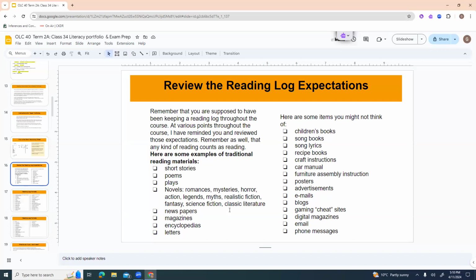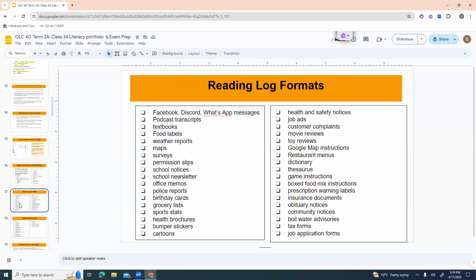Some other things that you might not think of are things like children's books, song lyrics. Some people, for example, you're reading hymn books at church. That totally counts. Recipe books, craft instructions, car manuals, furniture assembly instructions, posters, advertisements, emails, blogs, gaming cheat sites, digital magazines, email, or phone messages. Okay, then there's a whole bunch of social media stuff like Facebook, Discord, WhatsApp, podcast transcripts, textbooks, food labels, weather reports, maps, surveys, permission slips, school notices, school newsletter, office memos, police reports, birthday